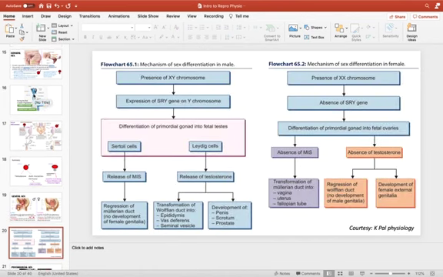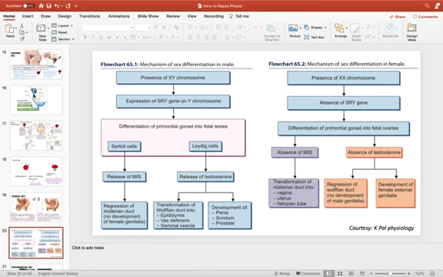So the mechanism of sex differentiation in male: when there is presence of XY chromosomes, there is expression of the SRY gene on the Y chromosome, and the fetal cells will release Mullerian inhibitory substance, causing regression of the Mullerian duct, and Leydig cells also release testosterone, which will cause transformation of the Wolffian duct into epididymis, vas deferens, and seminal vesicle, and also development of penis,